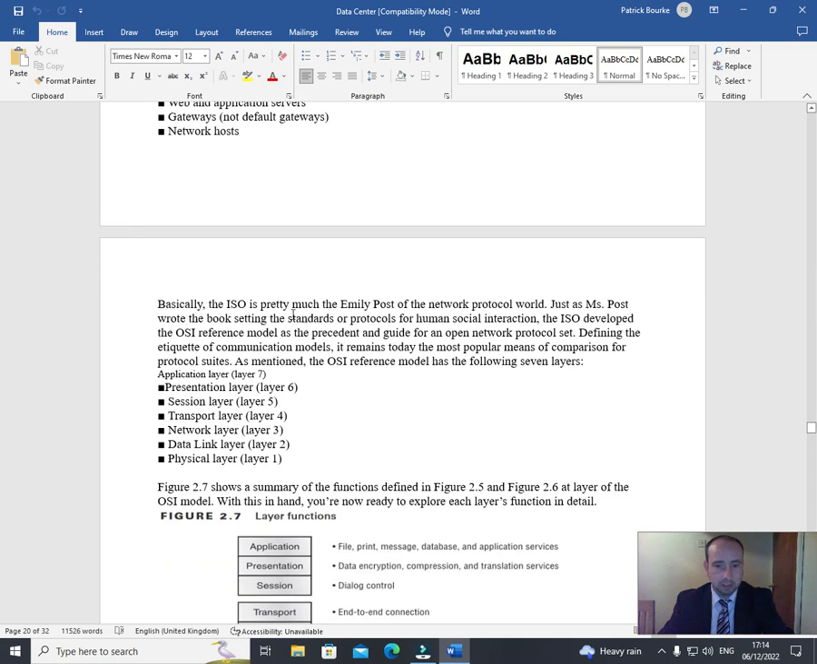Basically, the OSI is pretty much the Emily Post of the network protocol world. Just as Mrs. Post wrote the book setting the standards, or protocols, for human social interaction, the ISO developed the OSI reference model as the precedent and guide for an open network protocol set, defining the etiquette of communication models. It remains today the most popular means of comparison for protocol suites. As I mentioned earlier, the OSI